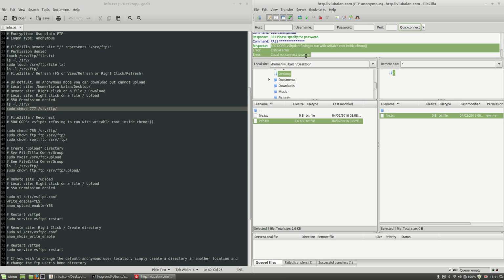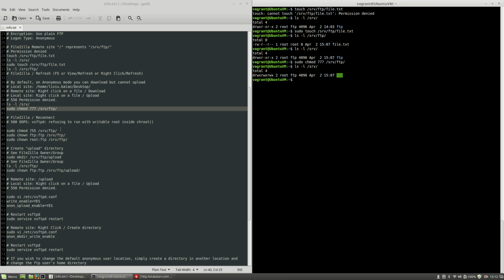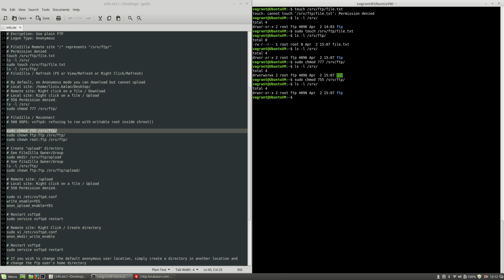Now, as you can see, I'm not only not able to upload files, but I am not able to connect to my virtual machine using FTP. So let's repair the problem by using the chmod command again to change the permission rights back to 755. Use ls to see how the permissions look now, and maybe you may ask yourself,